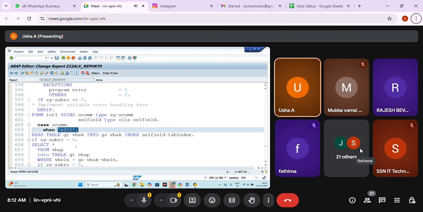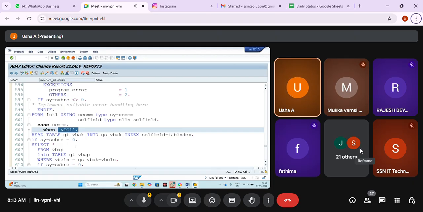Yeah, ma'am. Now I have already given the interactive report, right? Now you can display that with this grid display and capture the value and pass to the multiple tables, use manually field catalog and fill it and display. Try that normal interactive report with the ALV interactive. Try it, and if you get any errors or any questions, then we'll discuss in tomorrow's class.